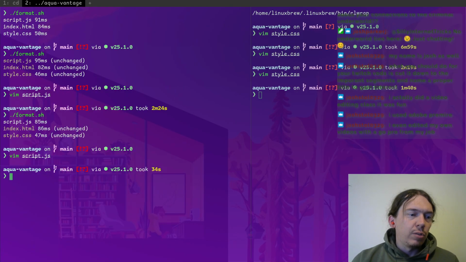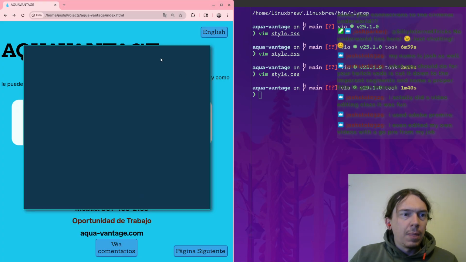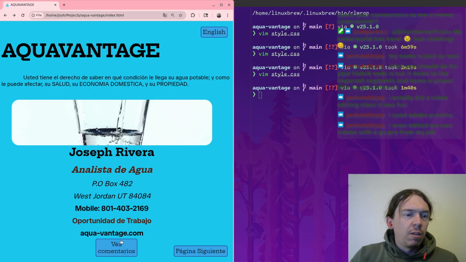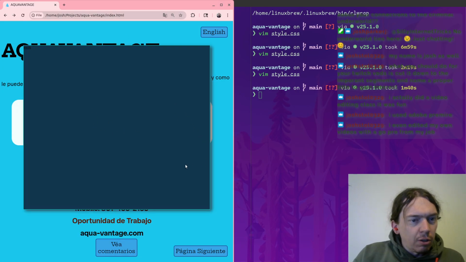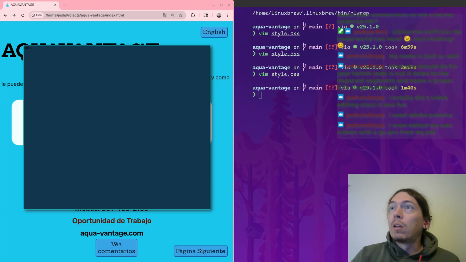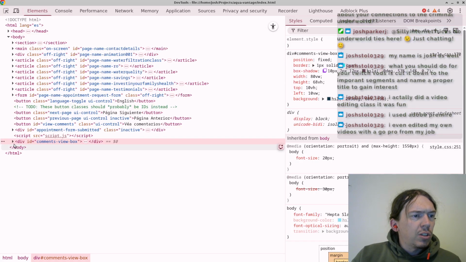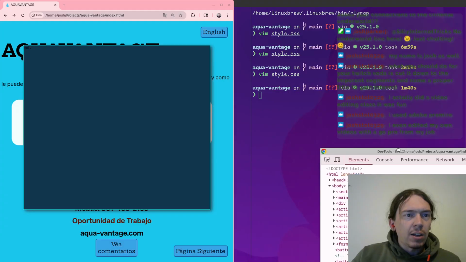And then we're gonna have to actually style it. Shouldn't take long, I don't think. Okay, so, oh no, I still don't see it. Okay. Comments view box. It has the exit button that says exit.